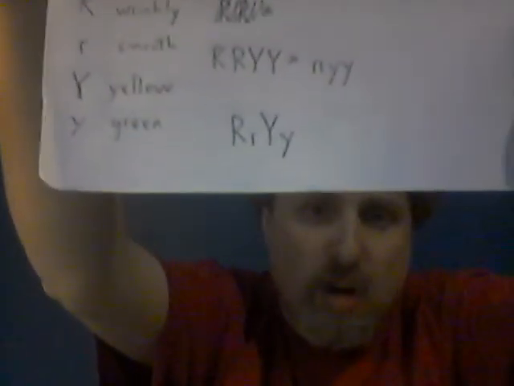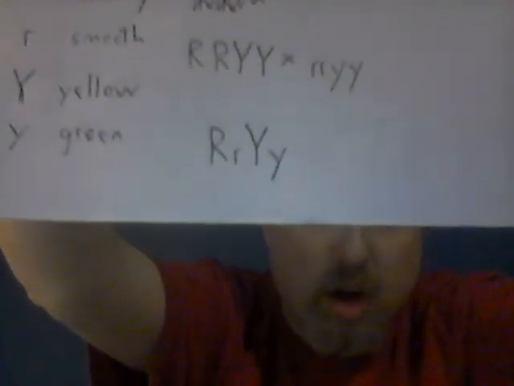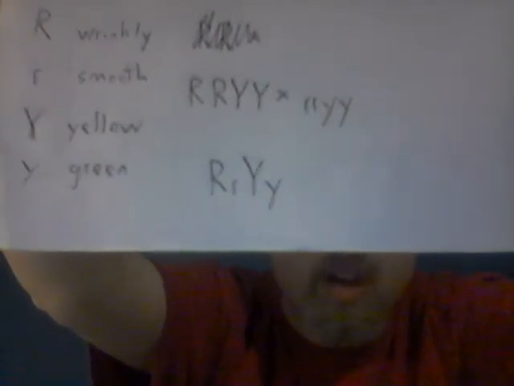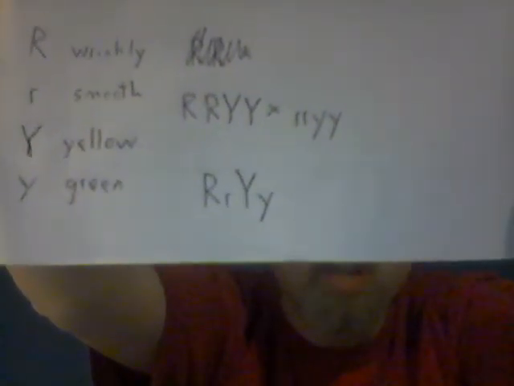So all of our offspring in the F1 generation for this test are going to come out with that genotype you see down there. Big R, little r, big Y, little y. They're all going to be wrinkly yellow peas, but they're also going to be carriers of the green and smooth genes. All right, haven't shown anything there that we didn't expect to see, right? Now Mendel is going to take those yellow wrinkly heterozygotes and allow them to self-pollinate. He's going to cross one with the other. To figure this out,